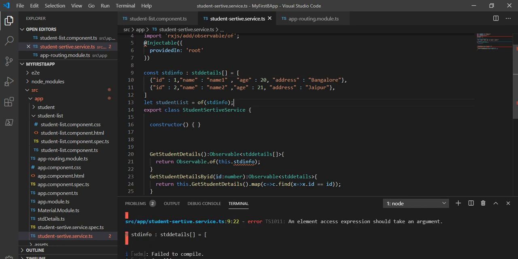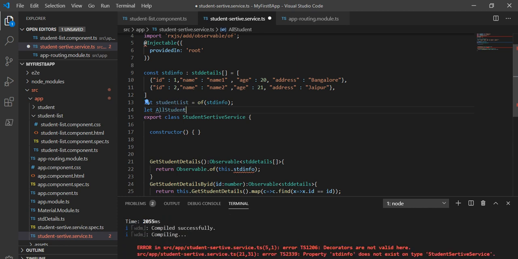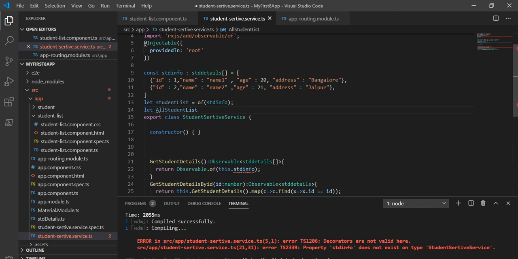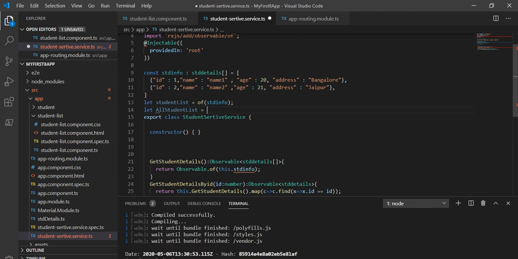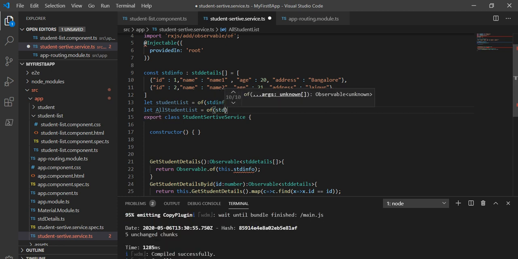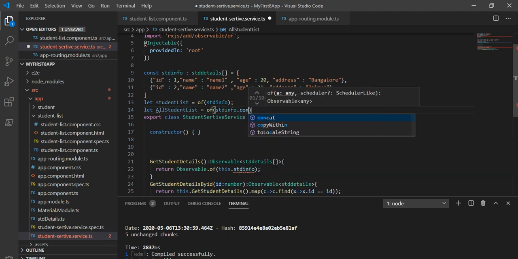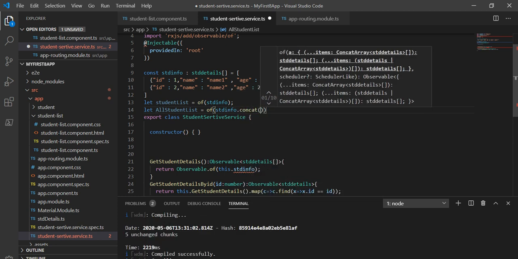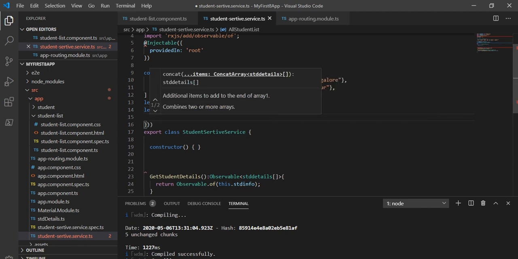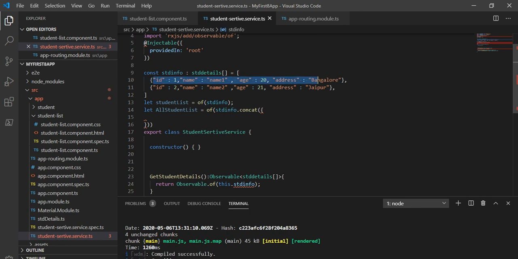Now I'm going to create another variable, like let all student list, and here I'm going to assign std info dot concat, and here I will add one more student detail.